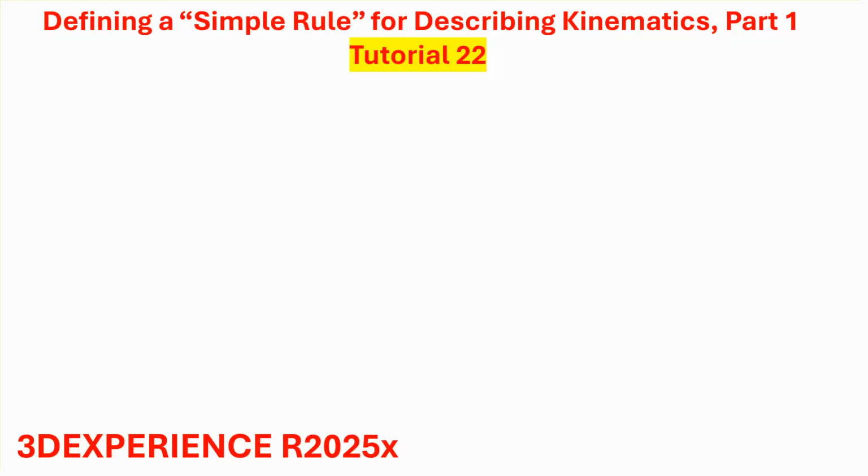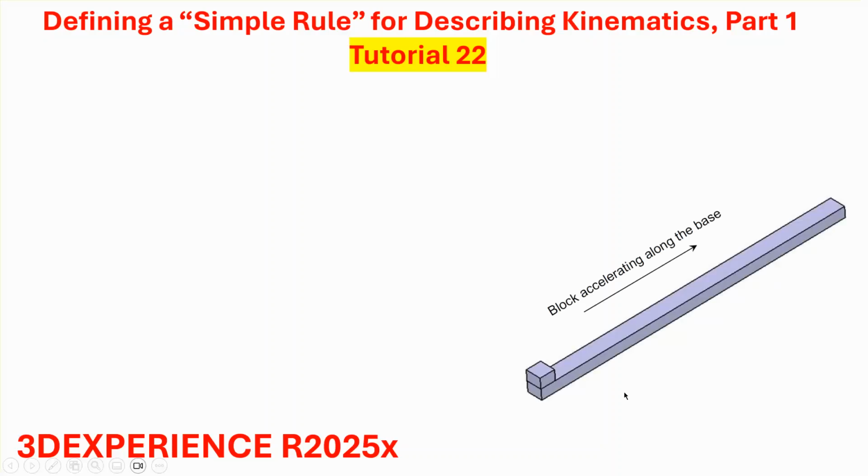What I want to do in this tutorial is to show you how to write a simple rule, which means a few lines of code, so that it performs a kinematics motion, which is relatively complicated. Now, I did this problem back in tutorials, I believe, 2, 3, and 4, and I'll briefly